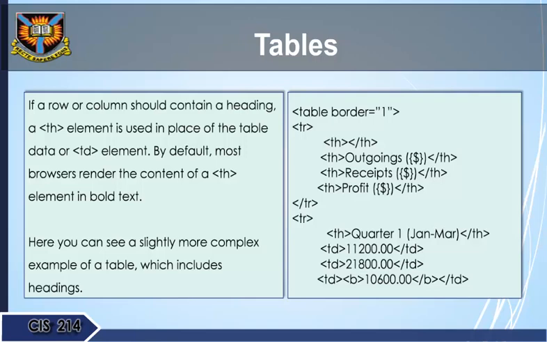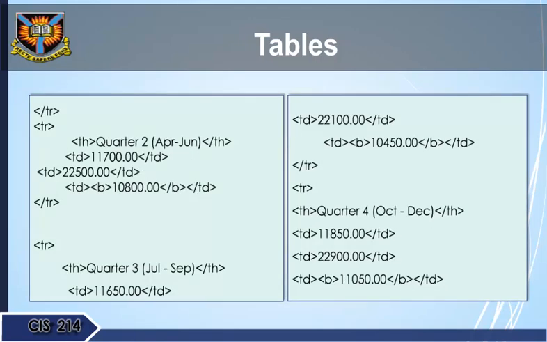<table border="1"><tr><th></th><th>outgoings $</th><th>receipts $</th><th>profit $</th></tr><tr><th>quarter 1 January to March</th><td>11200.00</td><td>21800.00</td><td><b>10,600.00</b></td></tr>